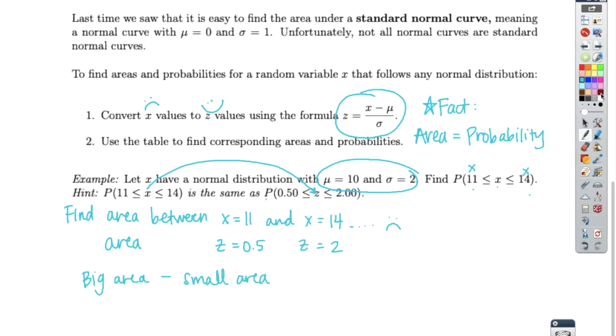The larger area, the one that went with z equals 2, was 0.9772, and the smaller area, smaller because it's a little more to the left on the curve, was 0.6915. So I took the larger area, associated with z equals 2, minus the smaller area, associated with z equals 0.5, and when I subtract those, I get